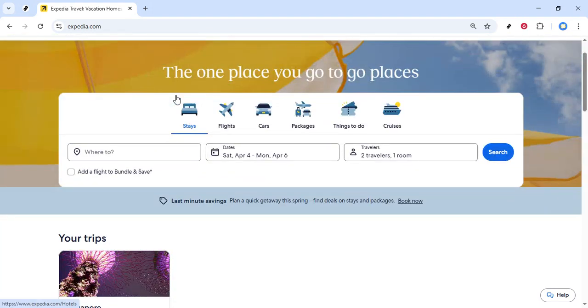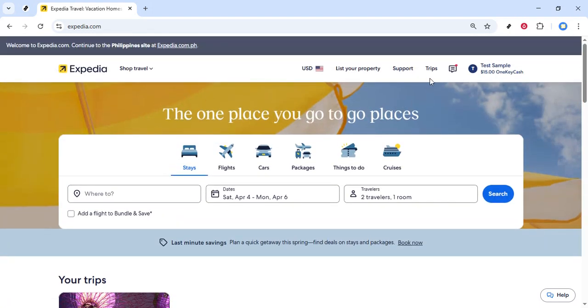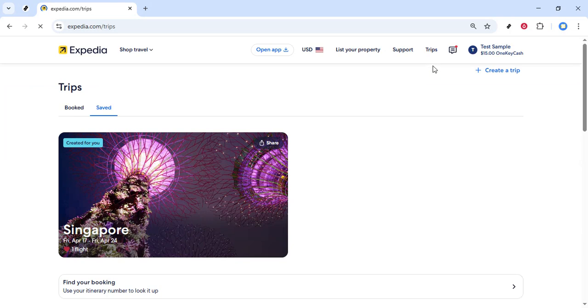Next, look to the top right of the homepage for the Trips option. Click Trips. This is the hub for everything you've booked with your account. If you're asked to sign in, use the same account you used when you made the reservation, so all your bookings appear correctly. Once you're in, you'll see your travel plans grouped together, which makes it easy to find the